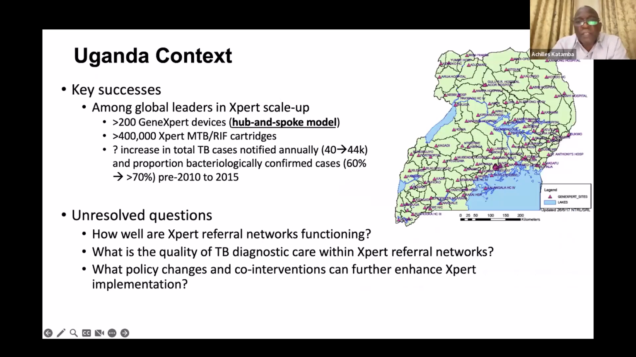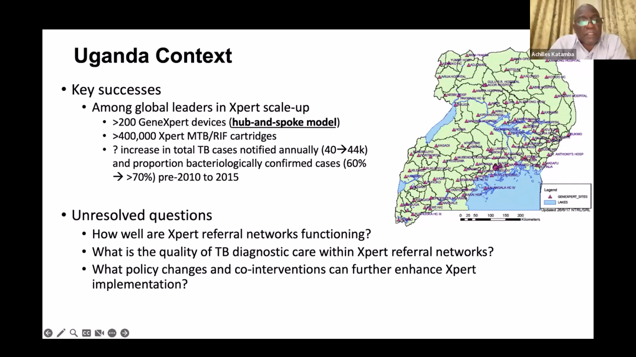In almost all districts we had it, but we could not have a GeneXpert device at every point where patients reach. So a hub-spoke model, with the lower health centers, level 3, referring samples to where GeneXpert is. That was the hub-spoke model to make sure that people can access this test. And we had a lot of increase in MDR-TB cases detected because of that. However, there was only a mild increase in TB cases notified annually, and the proportion of bacteriologically confirmed TB cases was from 60 to about 70%, which was low,